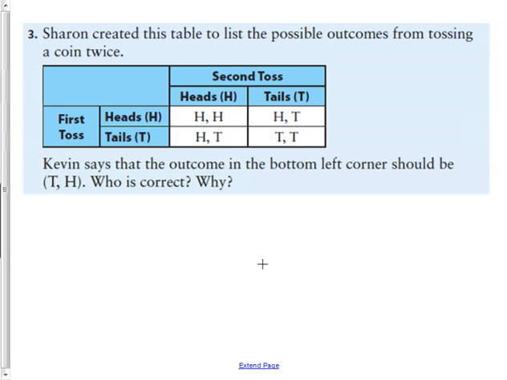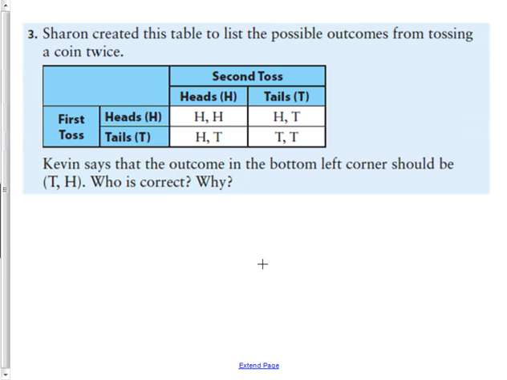Okay, welcome grade 7 to your 5-2 homework on probability. As we go through these questions, if there's ones you want to skip, just fast forward through the ones you understand and stop and watch the video at ones you don't and figure out what you have to do to get the correct answer. Okay, so we're going to start at question 3 where it says Sharon created this table